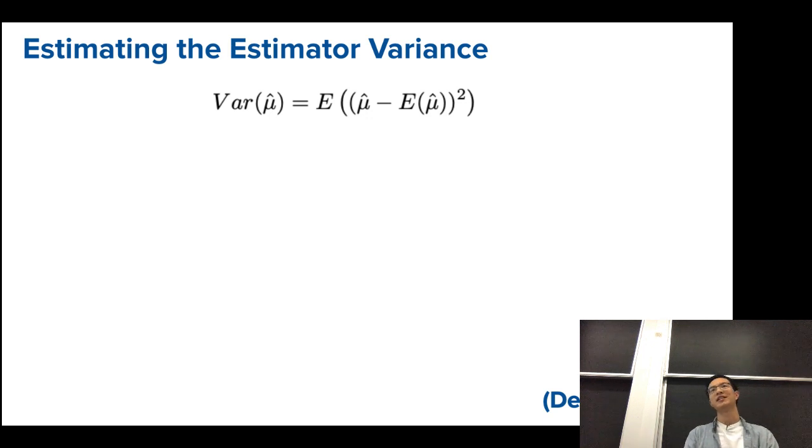So what we like to do is say essentially that we'll imagine in our minds taking a bunch of samples. Okay, and for every sample, we'll take the mean of that sample. So we have a bunch of sample means. And if our estimator has high variance, meaning that it varies quite widely,